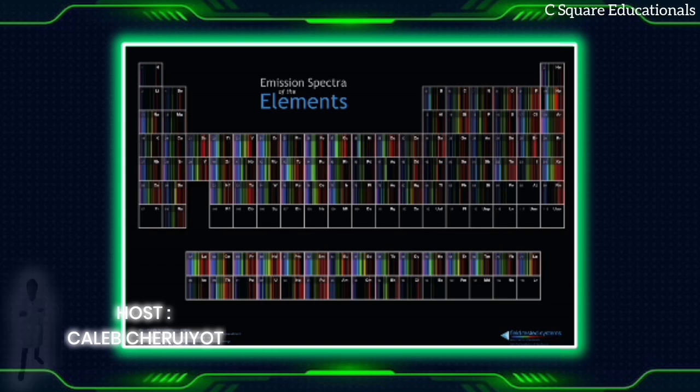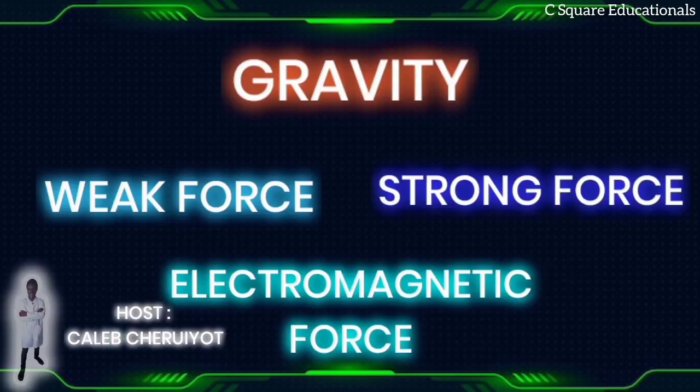There are four fundamental forces or interactions in nature: gravity, the weak force, electromagnetism, and the strong force. Gravity is most familiar to us at larger scales, but at the quantum level, the other forces dominate. Electromagnetism is exceptionally stronger than gravity, approximately 10 raised to 37 times, and is responsible for electron-proton attraction in atoms.